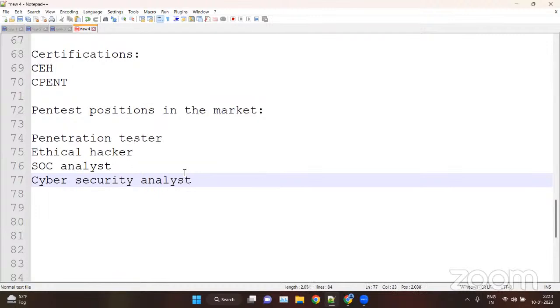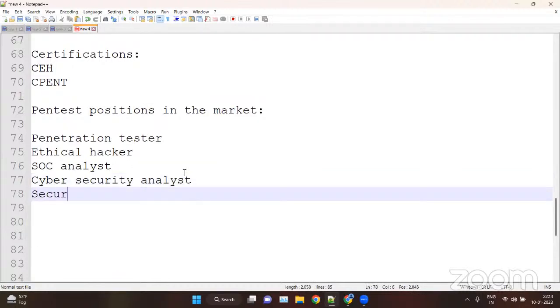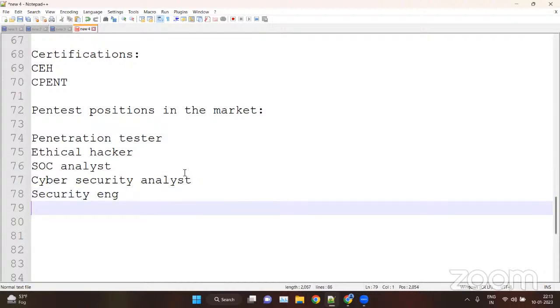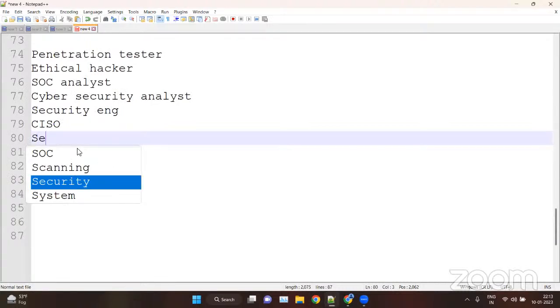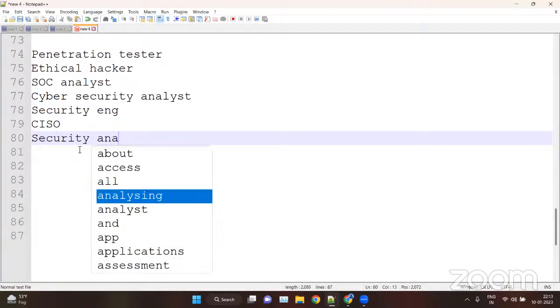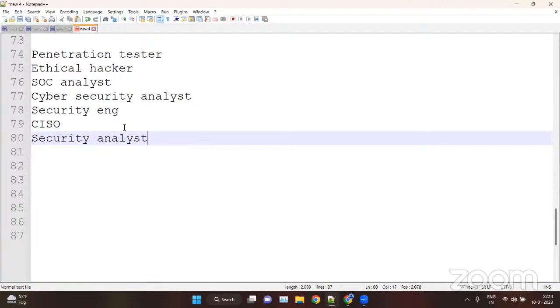And more, we have security engineer, or we have CISO, etc. We have many security analyst titles. So these are the job titles.